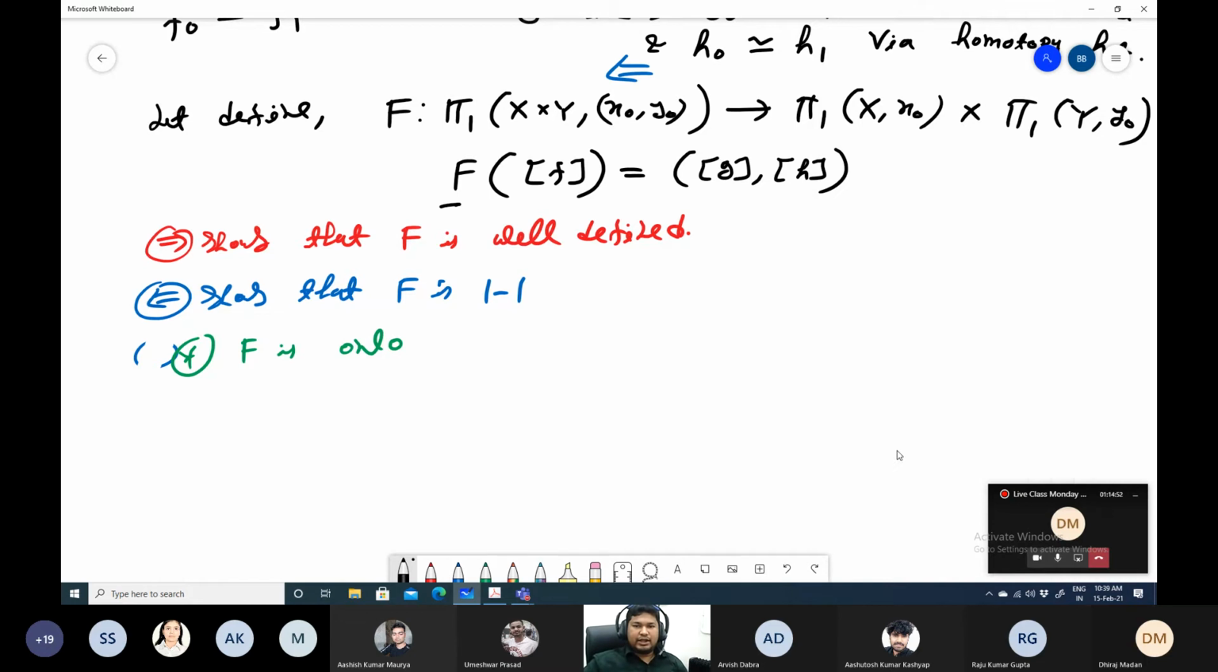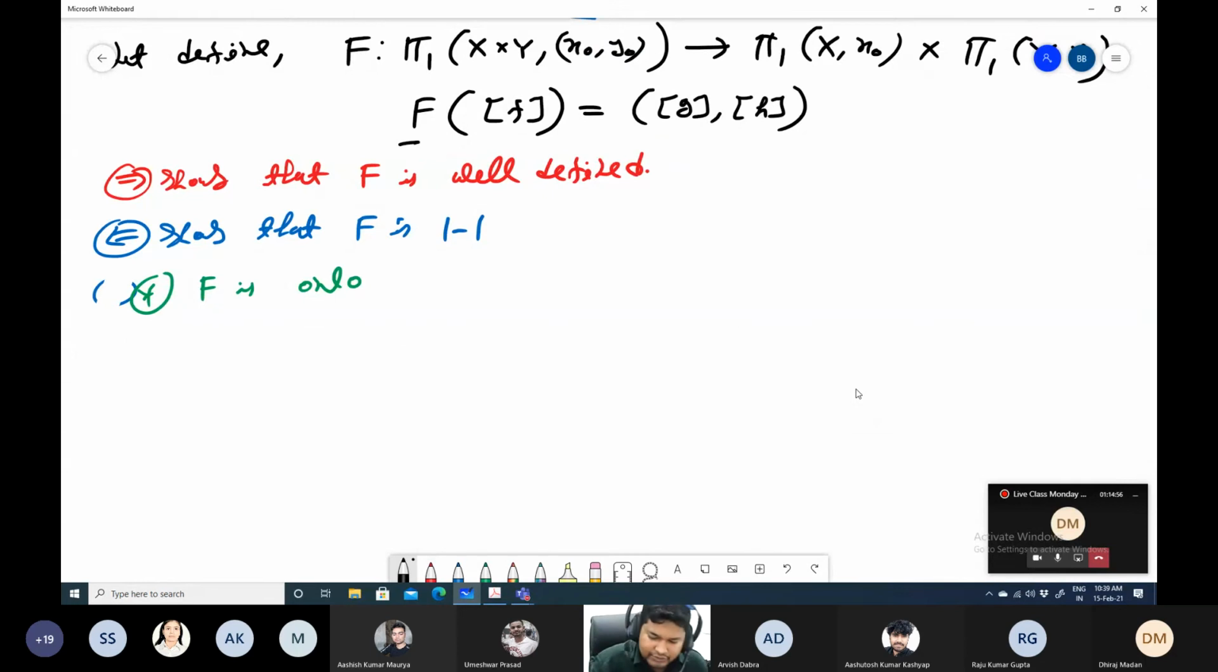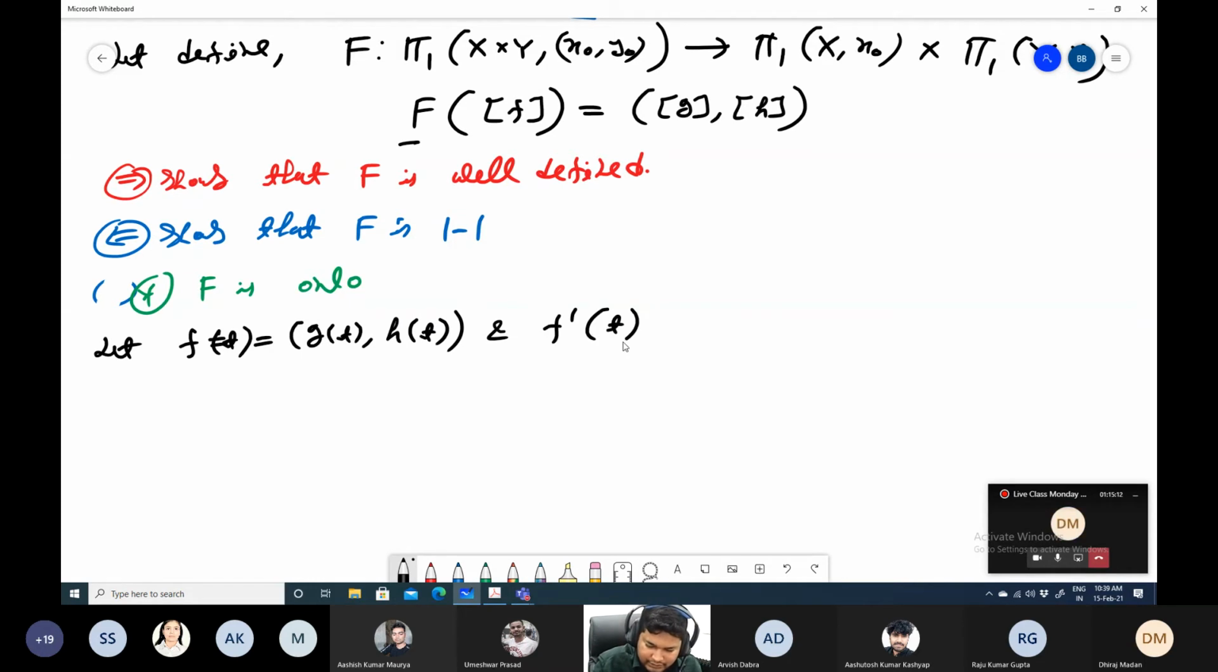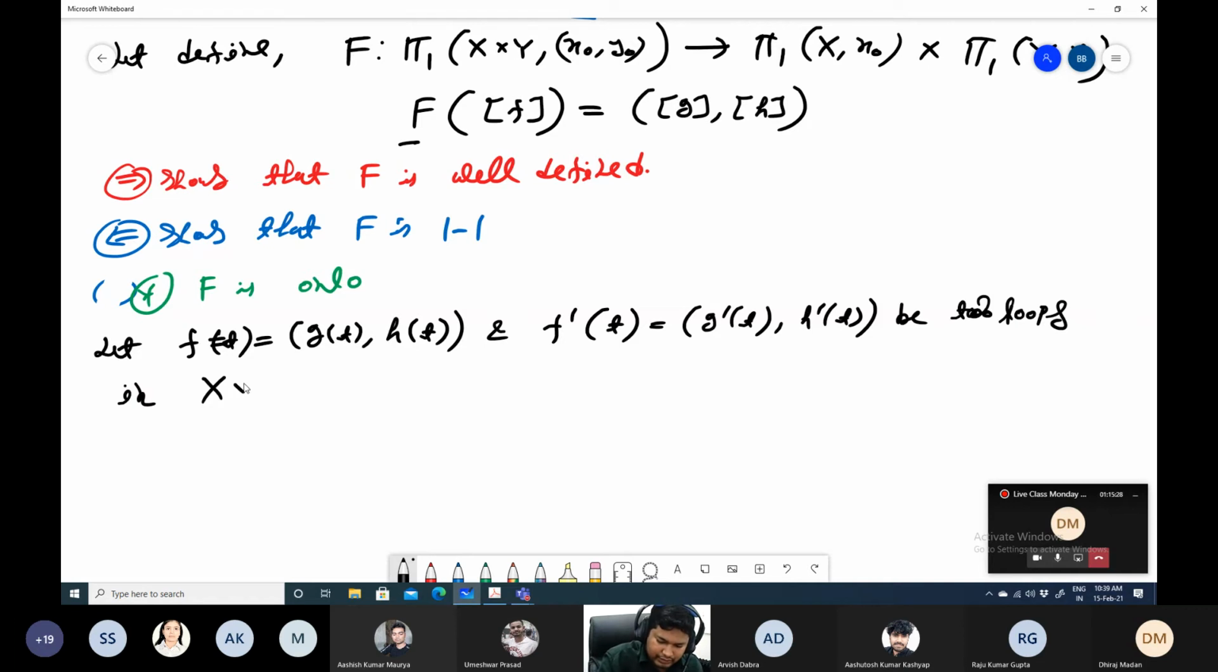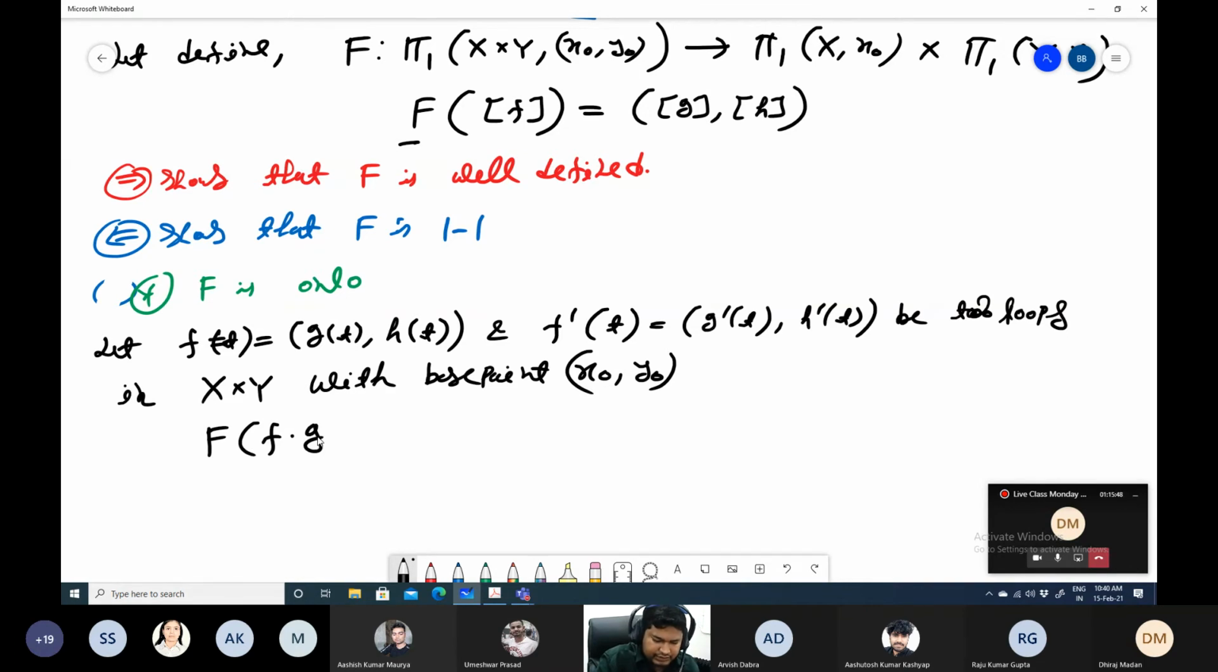Now the only thing left is to show that f is a homomorphism. Now that is also simple. Now let f and say f dash t equal to g dash t, h dash t be two loops in x cross y with base point x0 comma y0. Okay, then you can see that f of f dot f dash,